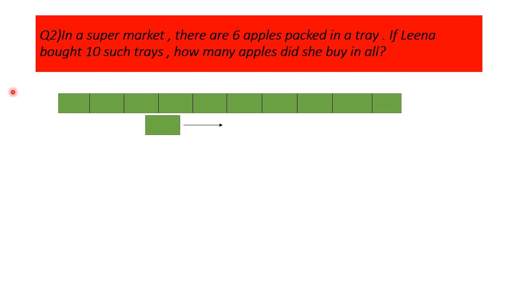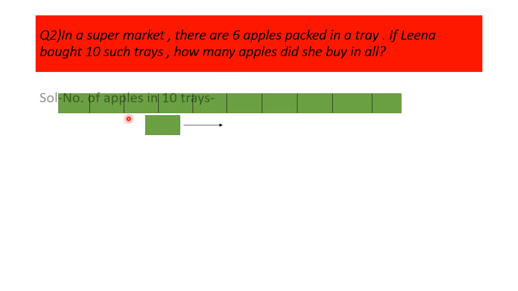The answer would be 60. What we are going to do is simply do the multiplication, but according to the question we need to use the bar model, right? So this is what I am going to show you, how you can make the bar model. But here in this question it is absolutely clear that we are going to do the multiplication, right? And this bar diagram, do you know what it shows us? That we have to use repeated addition in this kind of question, so that we will be able to do the multiplication, to find how many apples she bought in all.